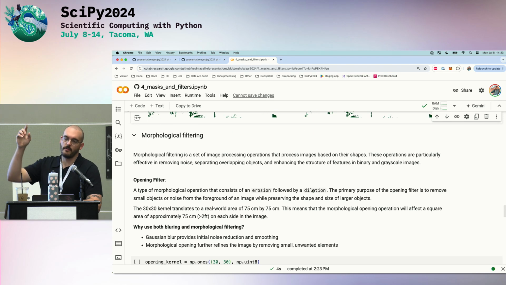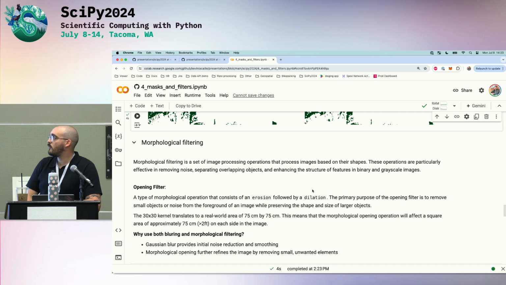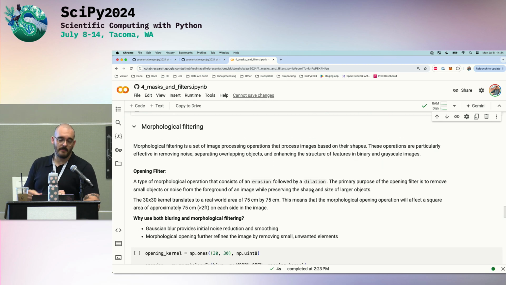Because the higher you go, the lower the resolution. So next thing we're going to be doing is morphological filtering. I'll let you read this. I wrote it more verbosely than I'm going to say it out loud. Basically, we're going to be applying different kinds of mathematical equations to filter out more stuff. The first thing we're going to be doing is an